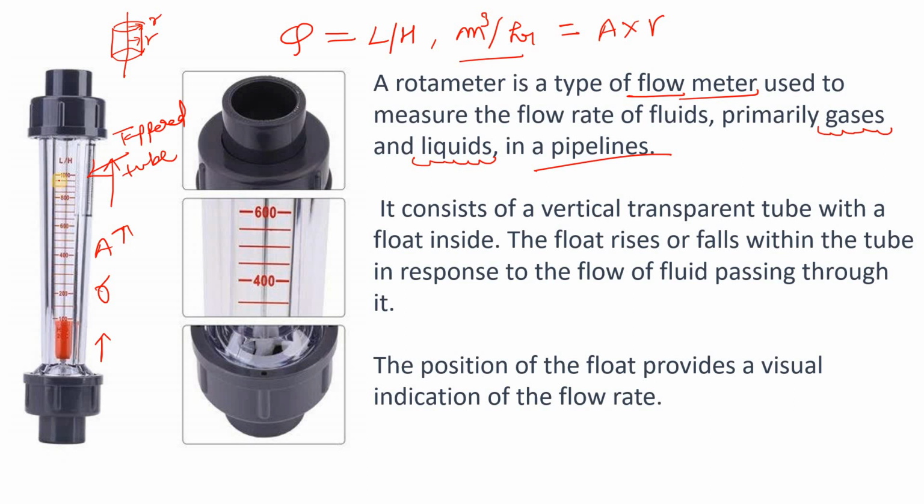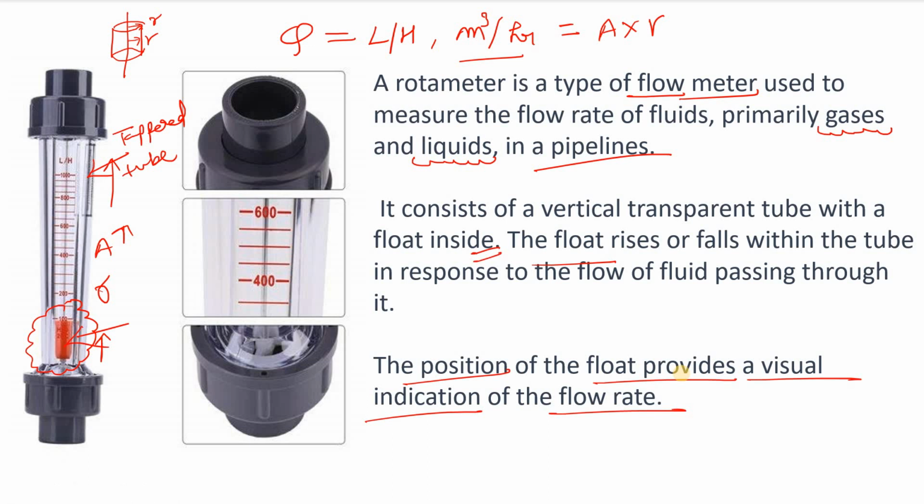And there is one scale which you could see, and this scale shows you the reading of the flow. And there is one float. As the name suggests, when pressure is applied at the bottom of the float, it will float, meaning it will go towards the top, right? Mainly this float is made of PTFE or SS304. It mainly depends on the flow requirement, which type of fluid you are using. I hope you understood about it.